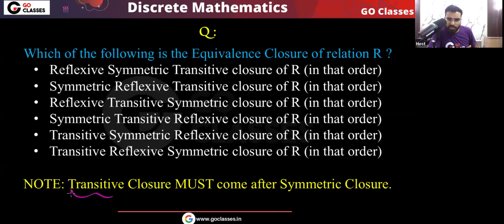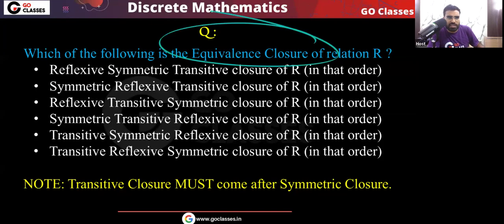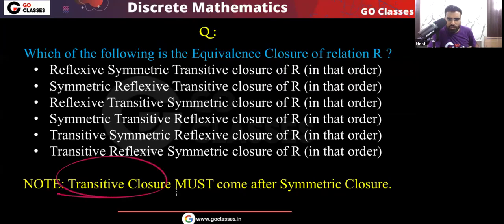You can see that transitive closure must come after symmetric closure. Yes or no? To find the equivalence closure, transitive closure must come after symmetric closure. That's it. Okay, because reflexive closure is commutative with symmetric as well as transitive closure, but symmetric closure and transitive closure,